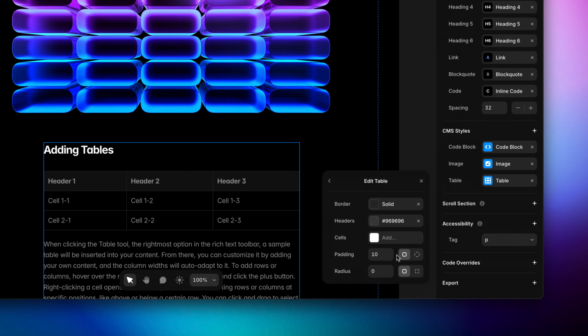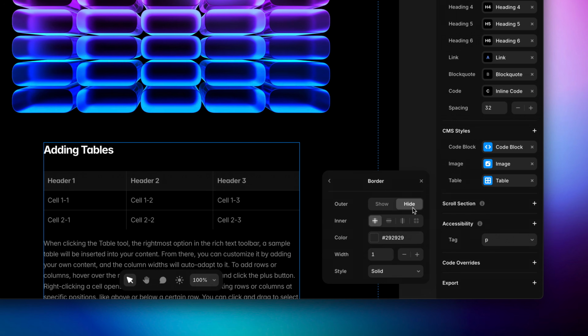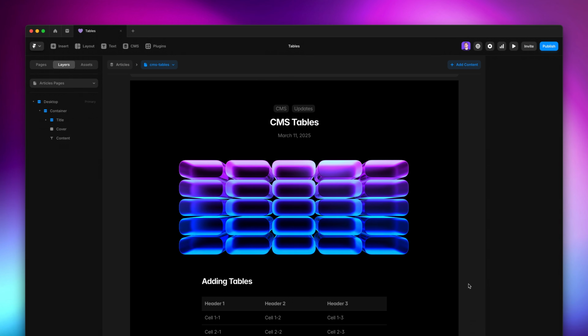And if you click the border property, you'll see that there are a few advanced options like showing or hiding an outer border and even deciding which type of inner dividers you want, like horizontal only, for instance. This already gives you quite some flexibility on how your table looks like, but if you want to go even